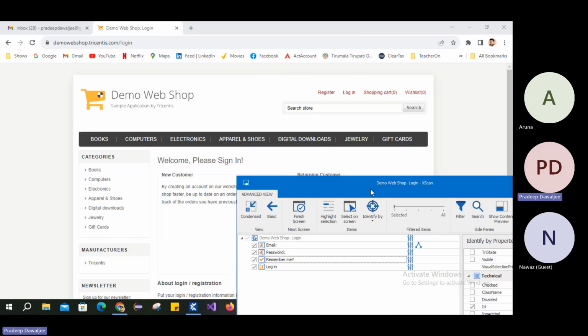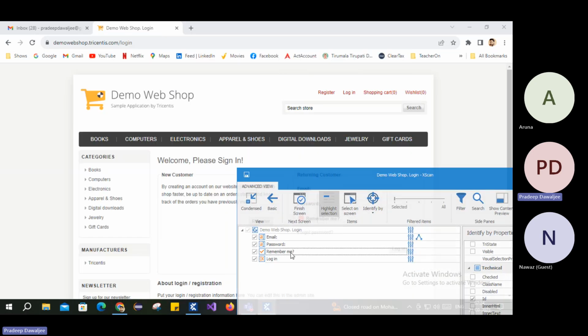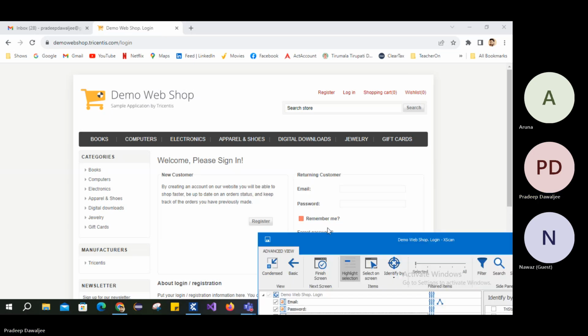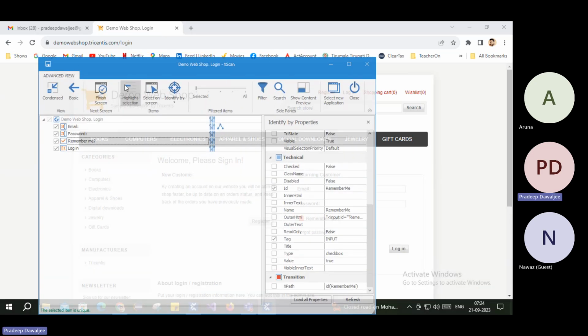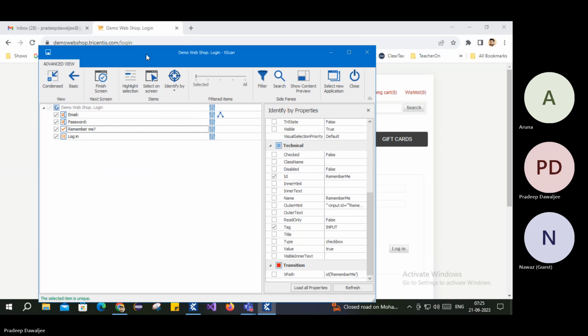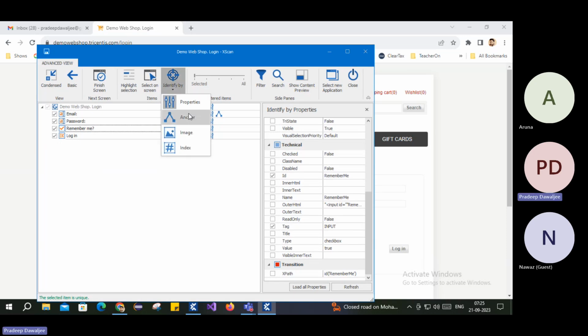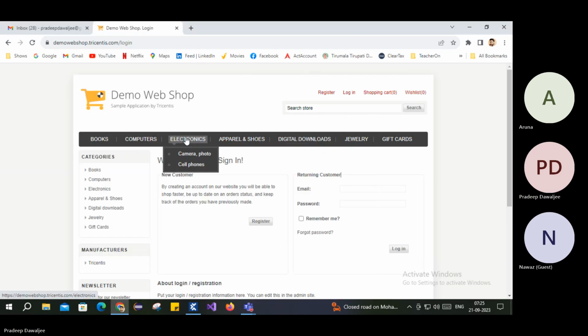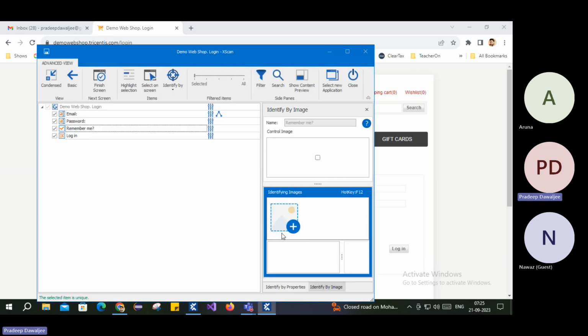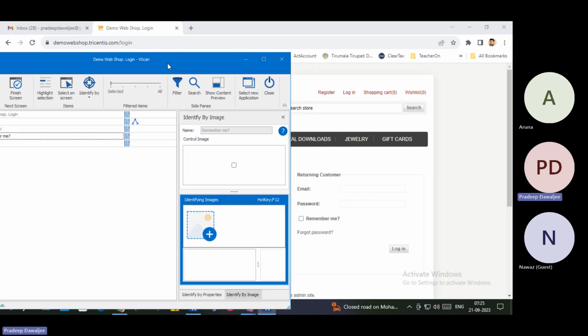And sometimes, if you just want to make sure, you can click on highlight section to see where this is highlighting. See here. So that part. So that was by anchor, and image as well. So when you select identify by image, you see here,